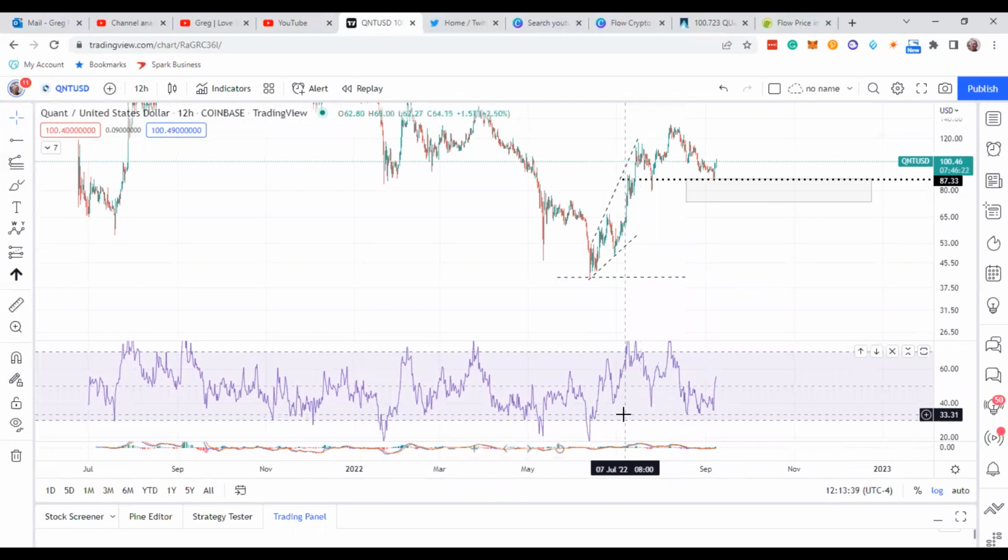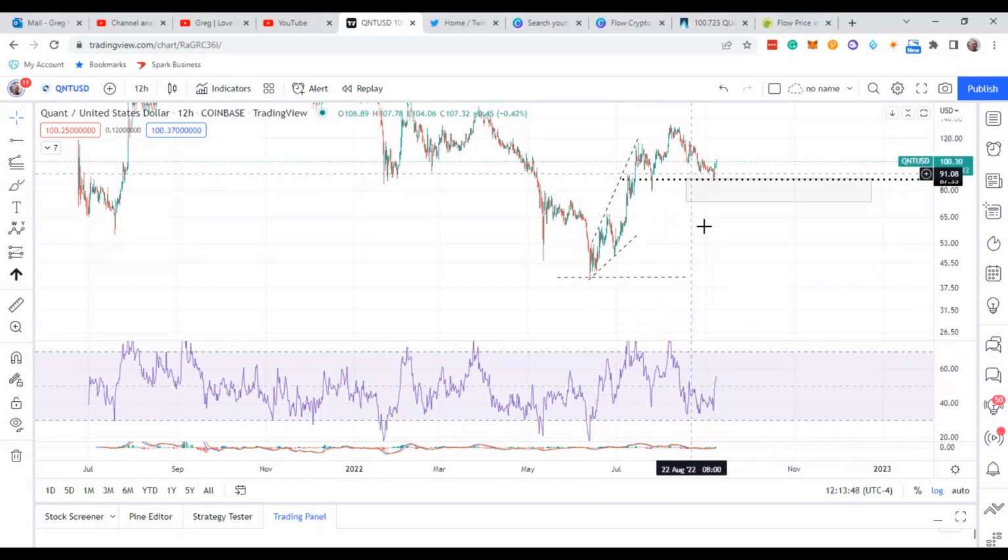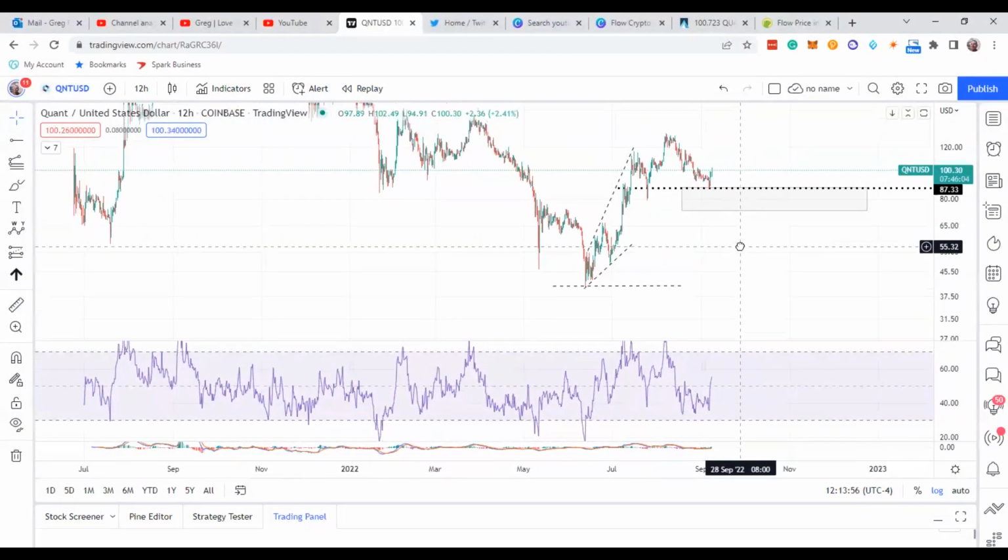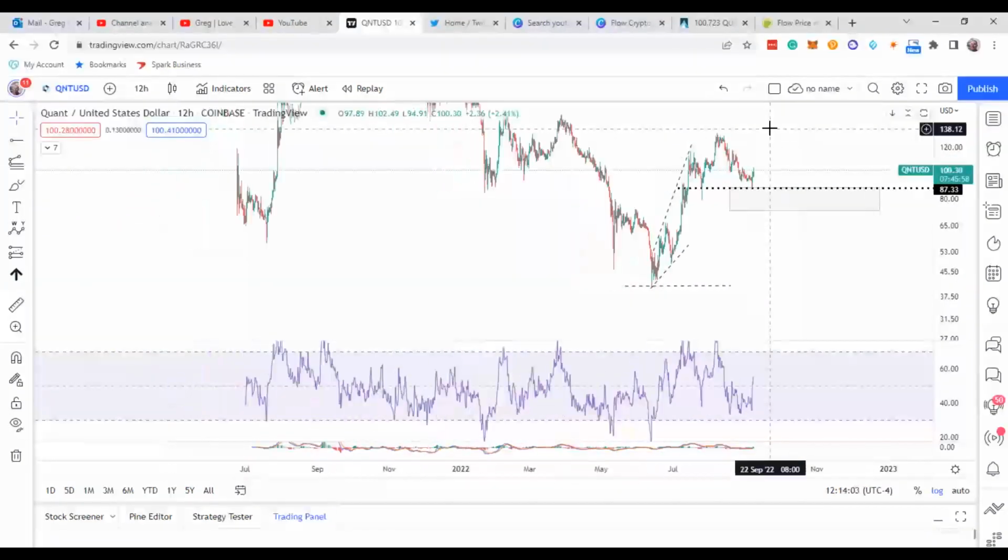So you can see if I put a line right to that area down here, this whole section of it on the correction came and took that out. For a bullish sequence to go up, and have a correction and take that out, that's called hidden bullish divergence, which usually means in this scenario that Quant is resetting itself to be able to go up and do another wave run, in my opinion.